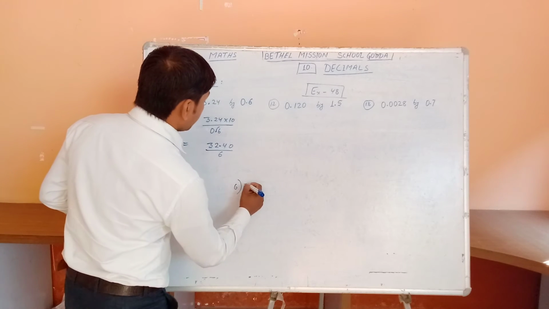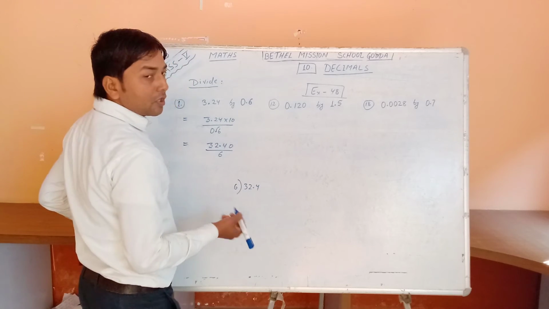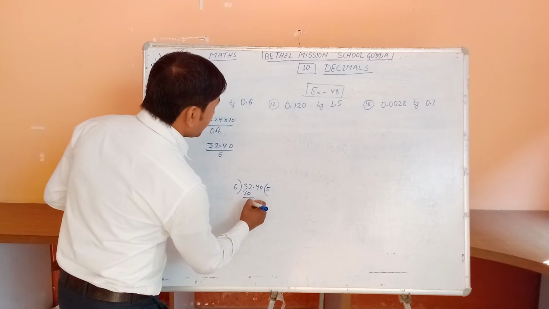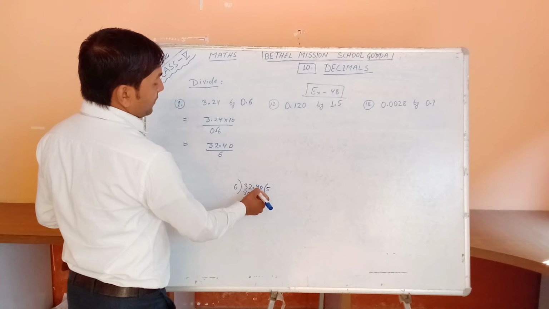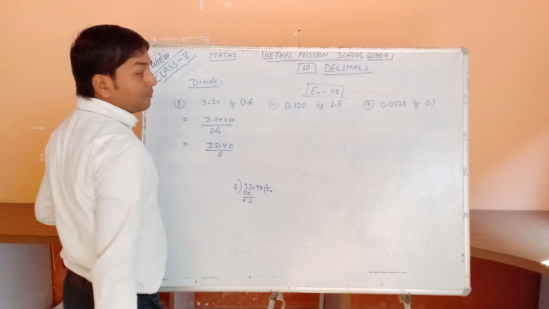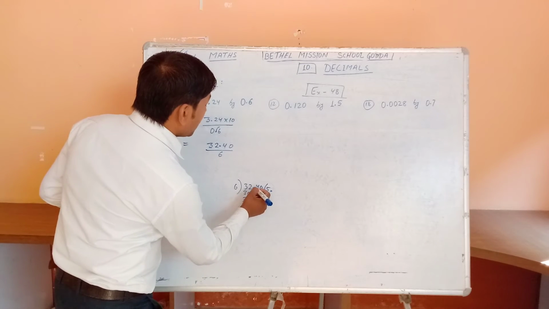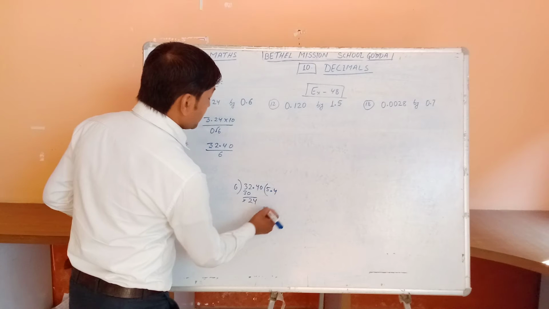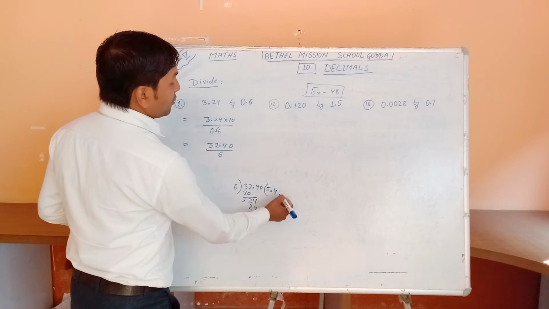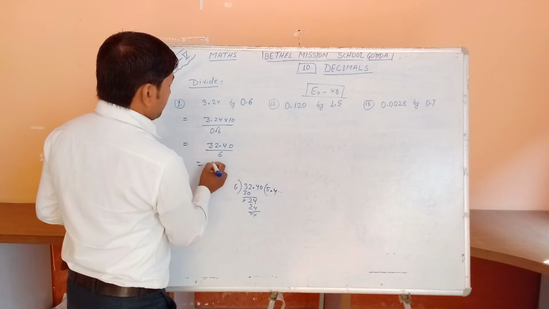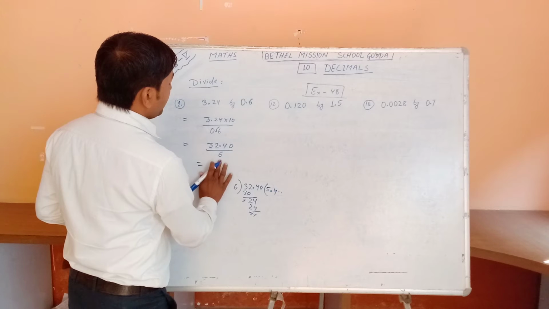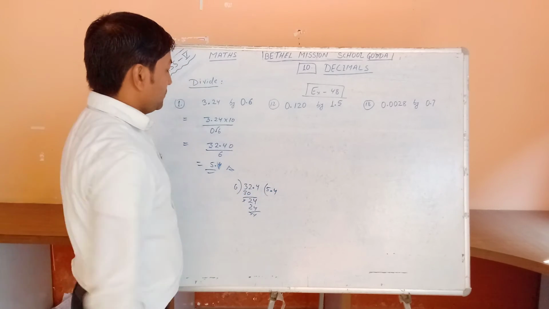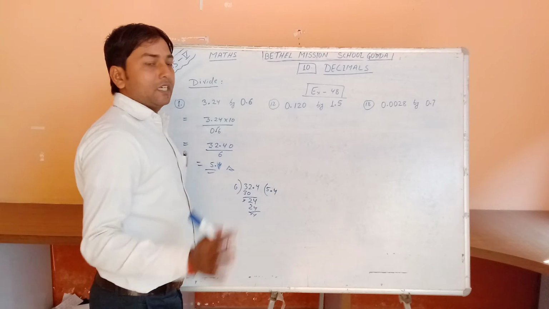Now divide 32.4 by 6. You can put a 0 or not; I have put it. 6 5s are 30, 2 is the remainder, and now we get a decimal, so we write the decimal point in the quotient: 5 point. Then 24. 6 how many times? 6 4s are 24, we cut it, and there is a 0, you can put this 0 or not. 5.4 is the answer. After the decimal, a 0 has no value.